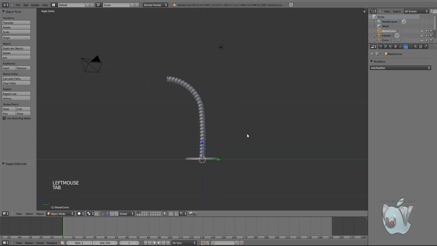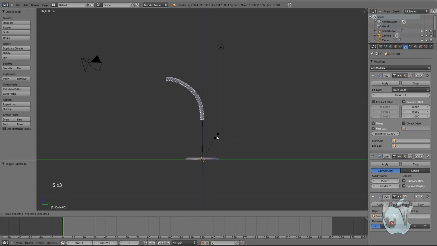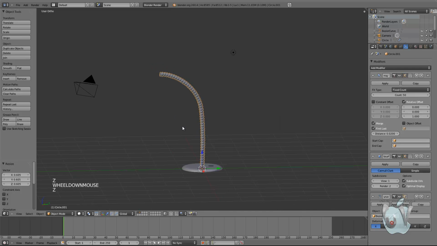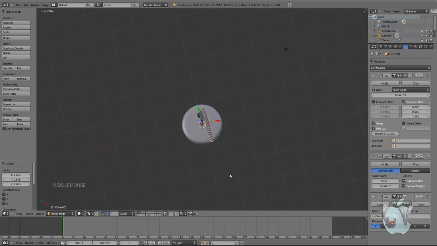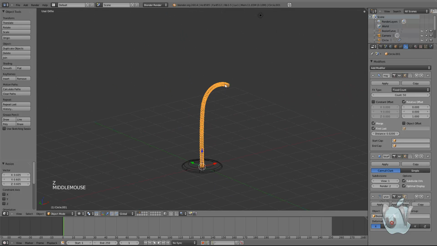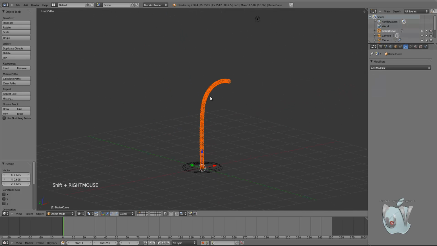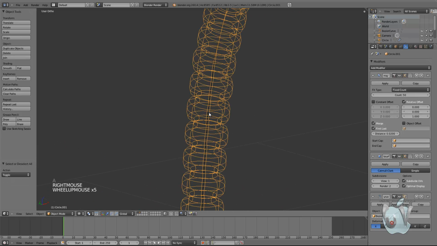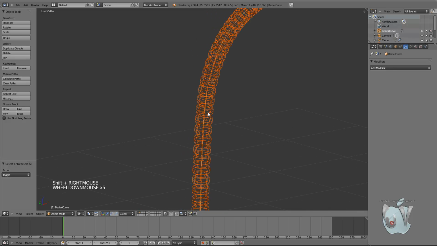You're gonna get that. Maybe this, decrease the size of that a bit to increase the count for something like 60. 60 is probably too much. 50, yeah, 50 is okay. And so that's pretty much it. You're gonna get this. Now what we need to do is to select our outer shape like this, and then select with Shift our Bezier curve, and then Control P to parent them to object,